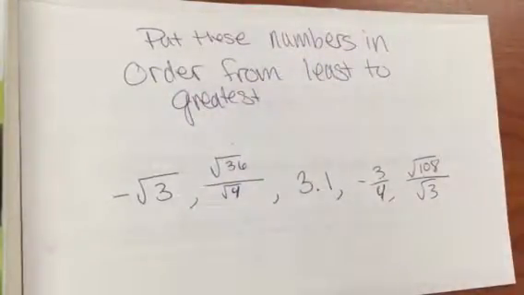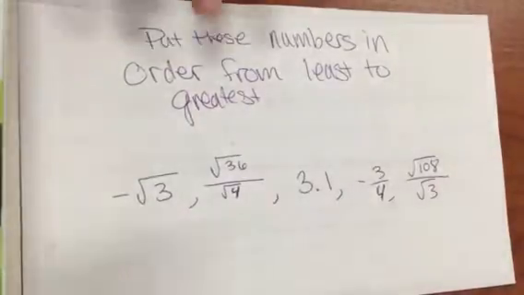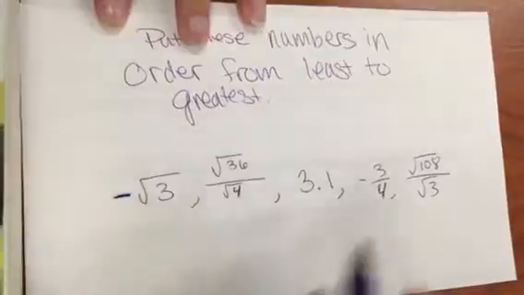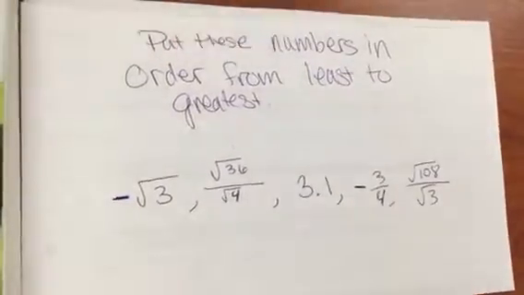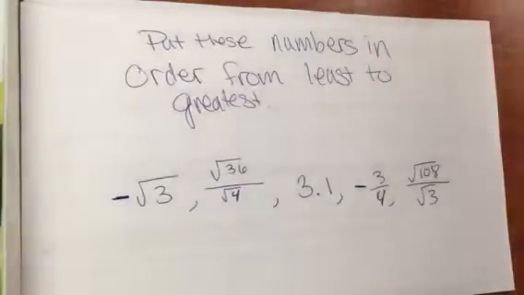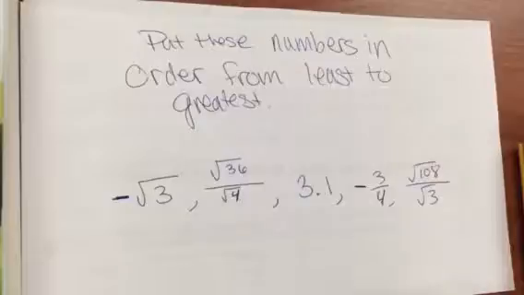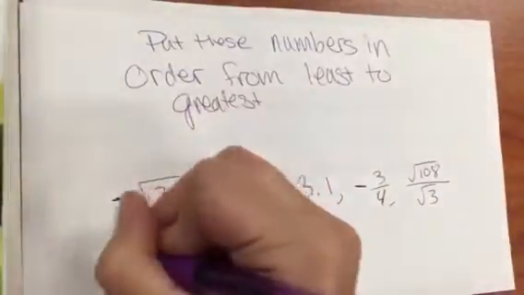I have negative square root of 3, square root of 36 over square root of 4, 3.1, negative 3/4, and square root of 108 over square root of 3. Okay, just to reiterate, this is a negative, and this is also a negative. Moving on. So we had said first things first, convert them all to decimals. Great. I'm going to use my handy dandy little calculator here. Negative square root of 3 is negative